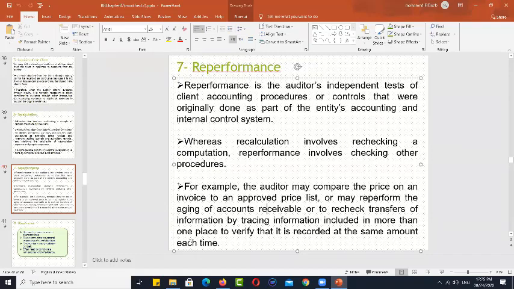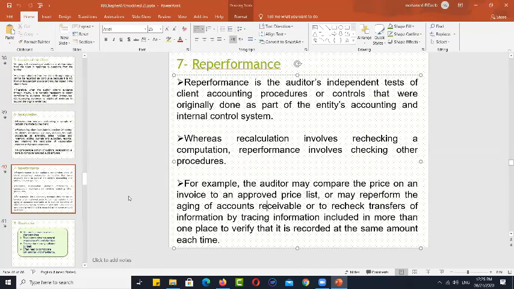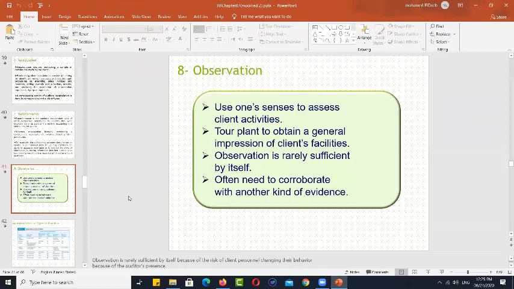If we are transferring, for example, from the journal to the T account, which is the posting, then I have to make sure the process of posting and summarization is right. This is one of the related audit objectives, the transaction-related audit objectives that we studied in chapter 6. So re-performance is about redoing things again, quantitative or non-quantitative.